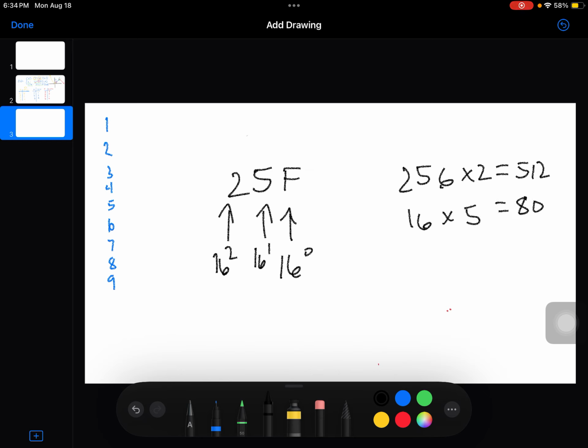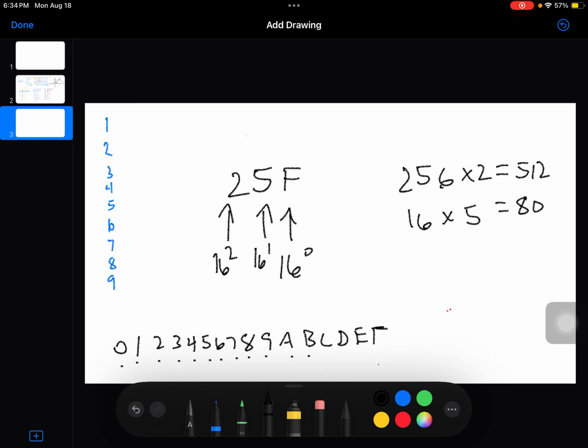And then F, we're going to go 1, 2, 3, 4, 5, 6, 7, 8, 9, and then, sorry, we start with 0. 8, 9, and then A, B, C, D, E, and F. So we got 16 digits. And so we can compile